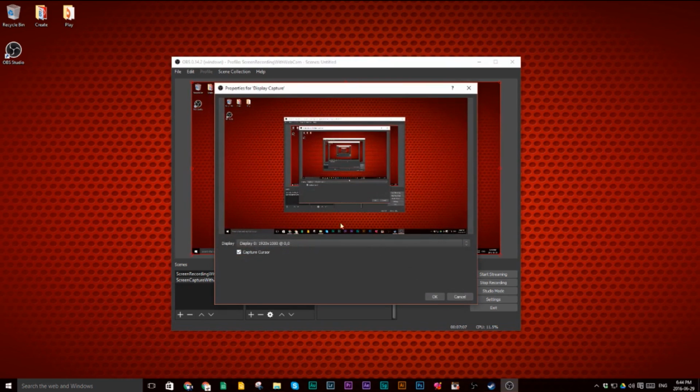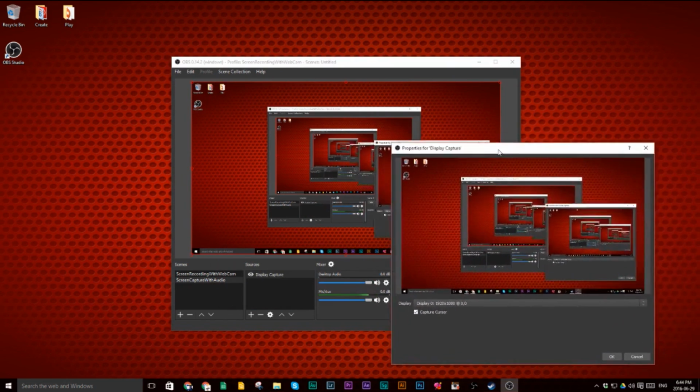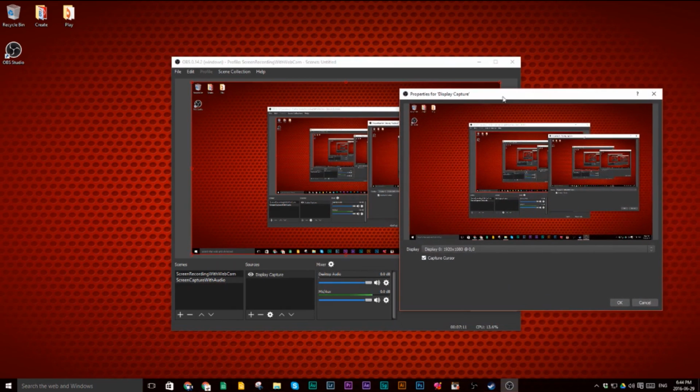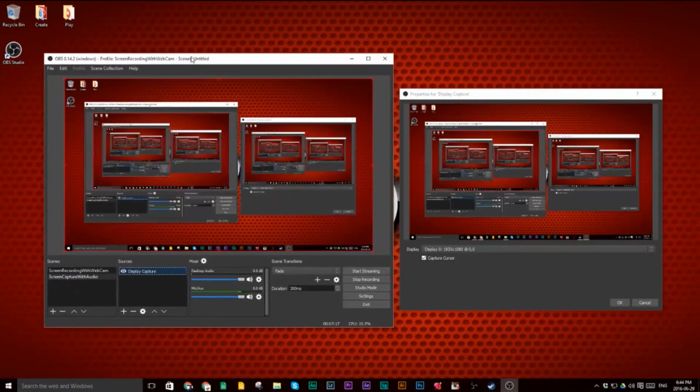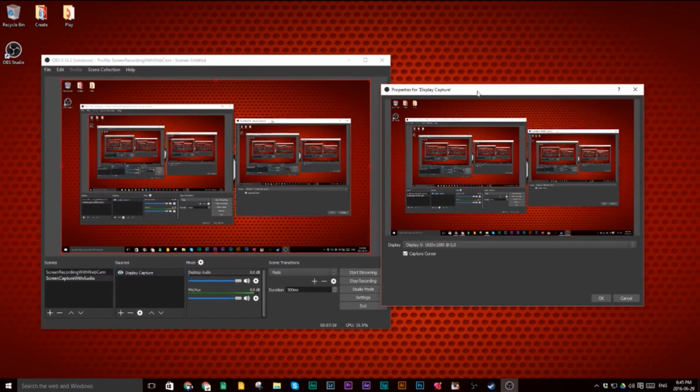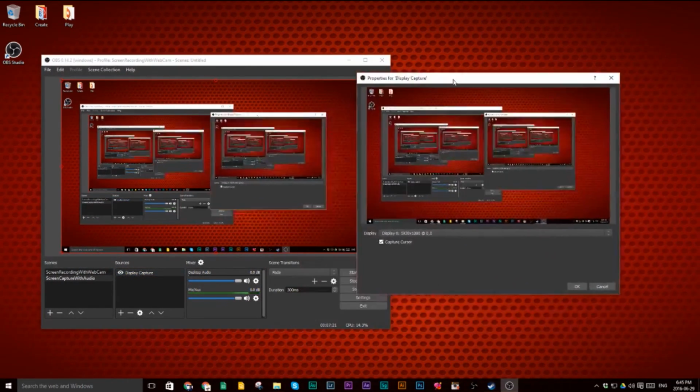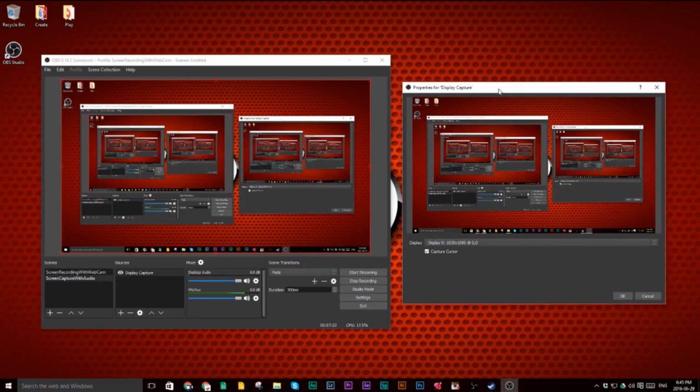Okay, so screen capture with audio. Add display capture. We want monitor 1. Okay. So now you are back here. As you can see, display capture has been selected. You should now be able to see everything I'm doing, even though all the windows in Windows may be a